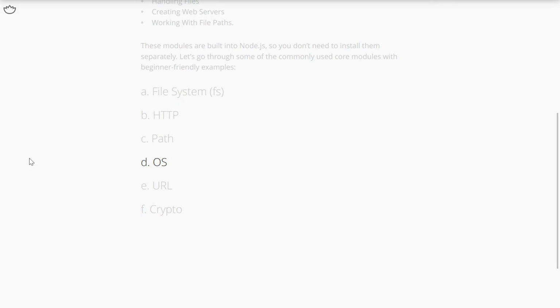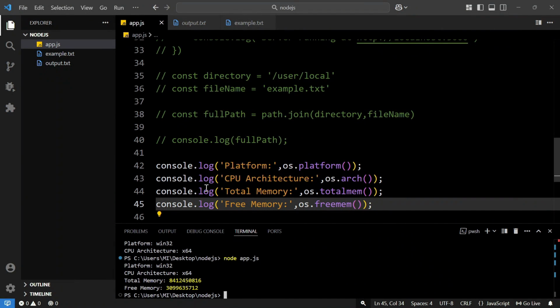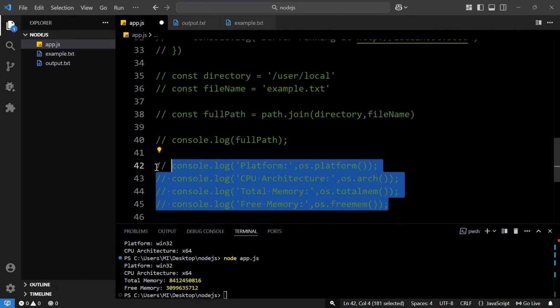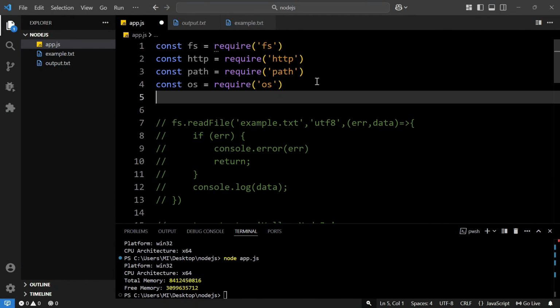Now we will see the next core module, that is URL. So the URL module allows us to parse and construct the URL, making it easy to handle web addresses. So let's understand it with one example. So just come back to the VS Code and comment these code. So first we have to get the URL module. So just add const URL equal to require,